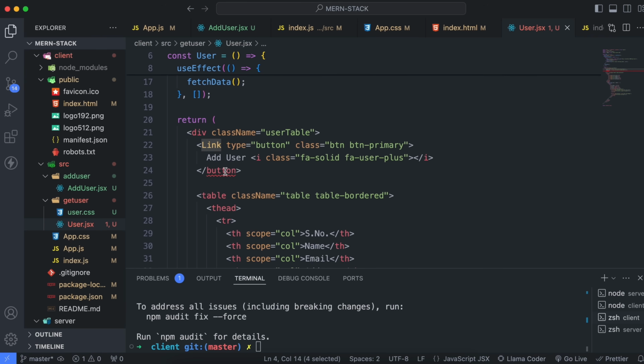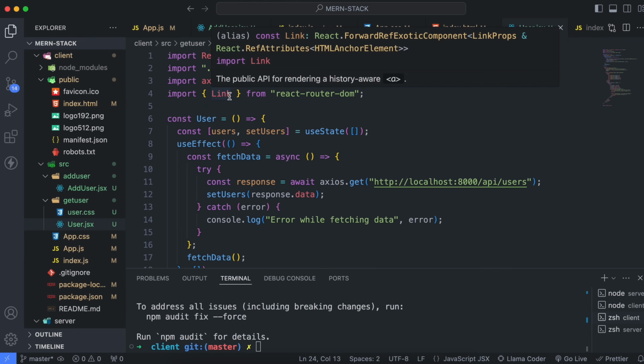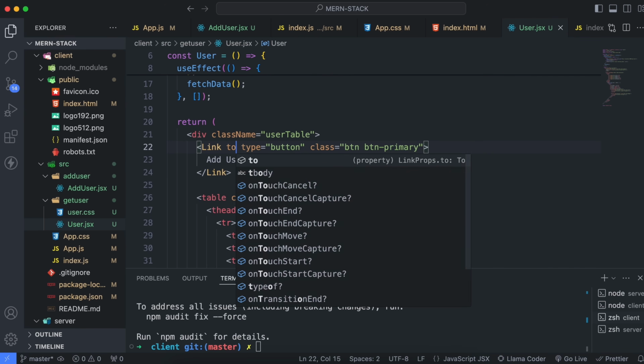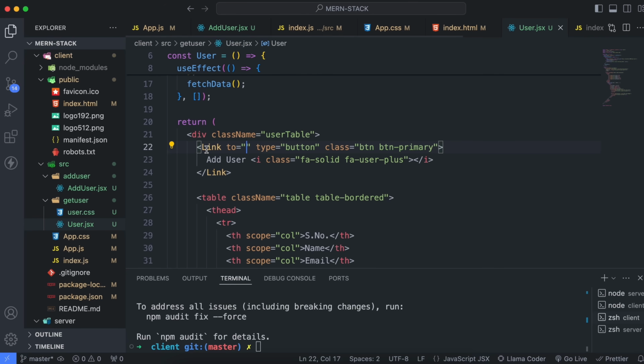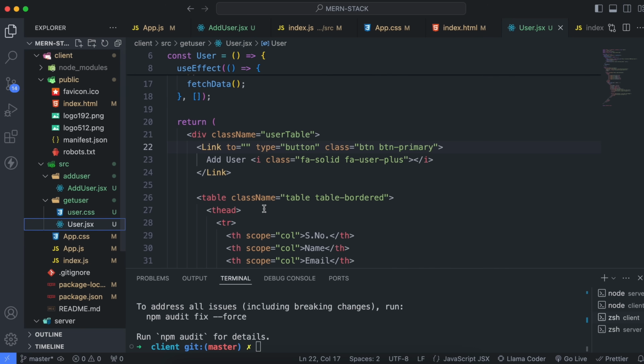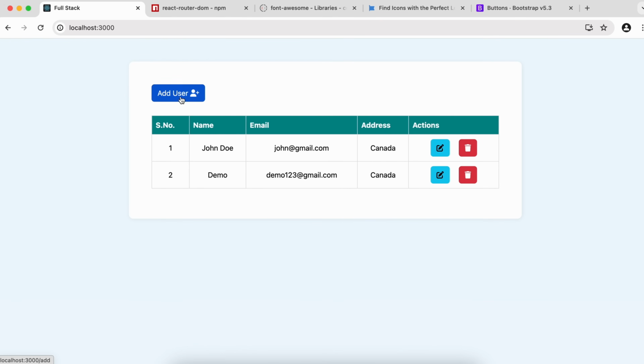So this will automatically happen whenever you type, or if you're not able to import, you can just manually type as well. Just type Link and type to, and here we just have to give the exact path which we have given into this App.js, which is /add. You can simply copy it from here as well. Just go into this User.jsx and simply paste it inside this to. And if I save here, and now go into this full stack and click on this